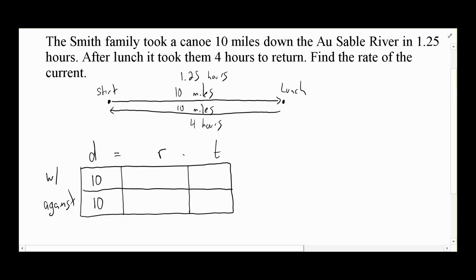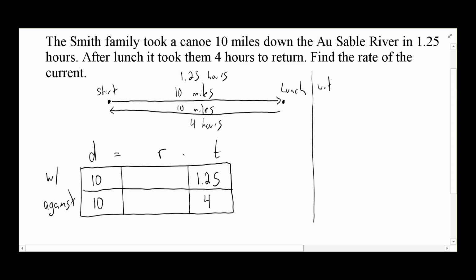The time is straight up given to us. So these are numbers that we can just plug in. So with the current, it took us 1.25 hours. Against the current, it took us 4 hours. Now let's talk about the rate. So as we talked about in the intro to this example, we know